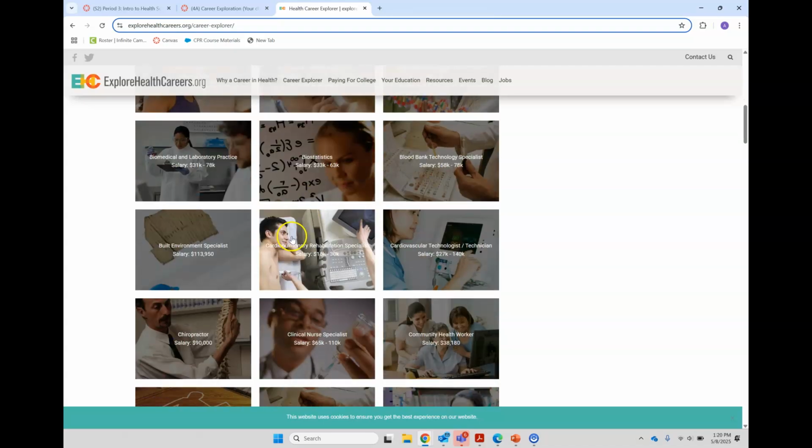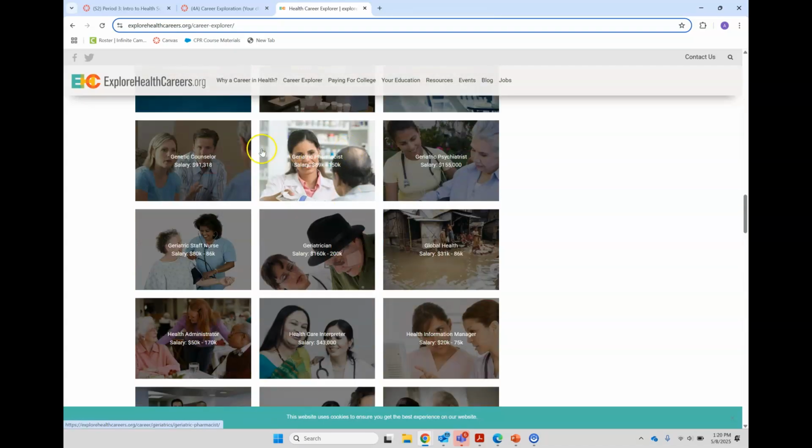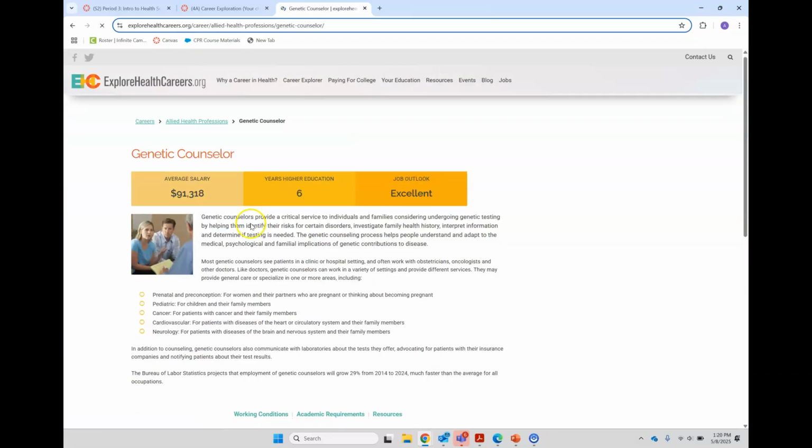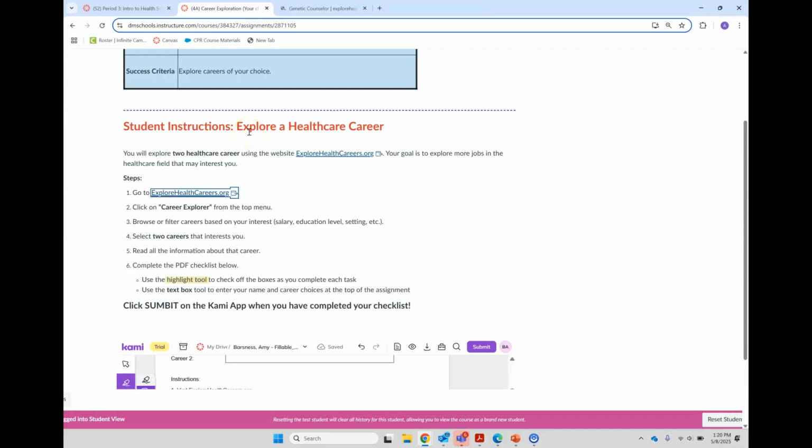And here's a quick example of what that looks like with multiple careers that they can choose from. And then once they're on it, all of the career information. But the goal is for them to choose 2 careers that interest them. And then they are provided a fillable checklist PDF, so like a PDF that's fillable, and that is integrated directly